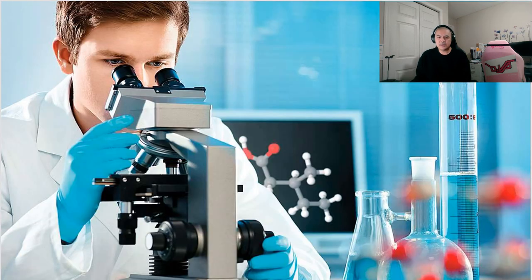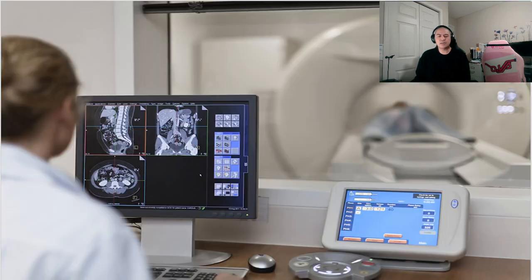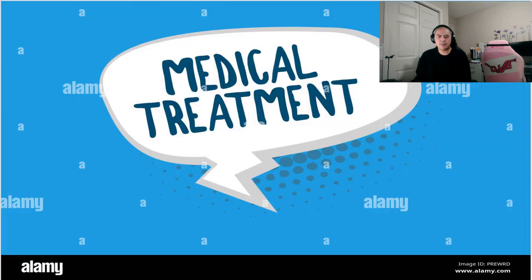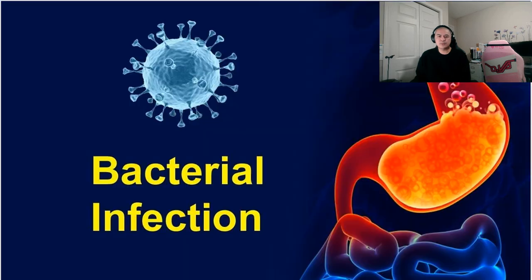Laboratory examination may include blood test, urine test, throat swab, stool sample, and spinal tap or lumbar puncture. However, imaging procedures such as X-rays, computerized tomography, and magnetic resonance imaging or MRI can help pinpoint diagnosis and rule out other conditions that may be causing symptoms. Knowing what type of germ is causing your illness makes it easier for your doctor to choose appropriate treatment.